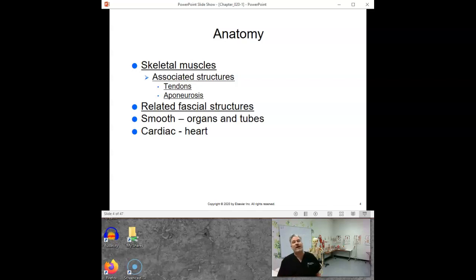So cardiac muscle is one type. Smooth muscle we will not be massaging either, but it's really cool stuff. Smooth muscle is wrapped around all the tubes of your body, and most of the organs too. Let me give you examples of tubes. Some obvious tubes are this one right here, and it goes all the way down to my butt, because that's my gastrointestinal tube. It is actually wrapped around with muscle all the way down. And those muscles do a lot of stuff to kind of squeeze food along and get it out of my body eventually.